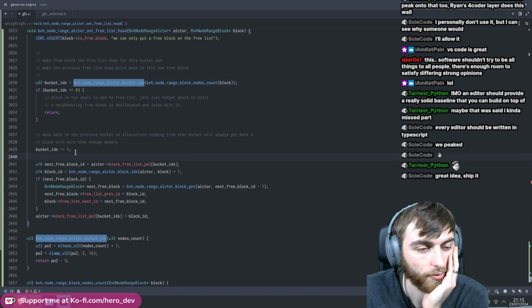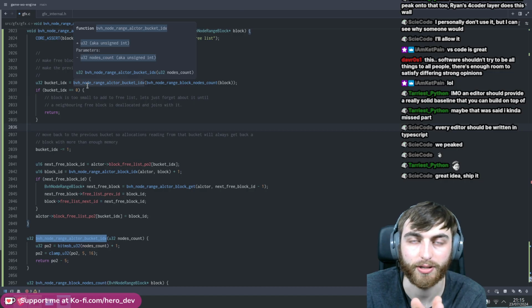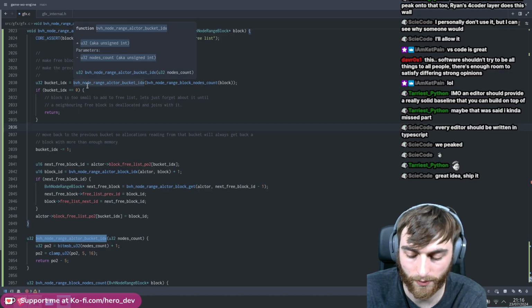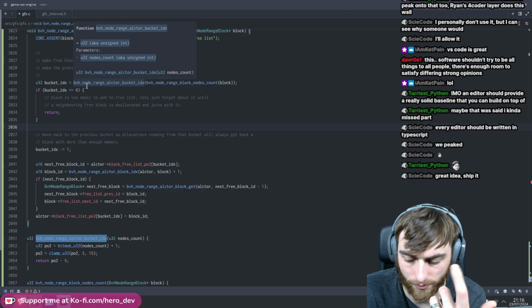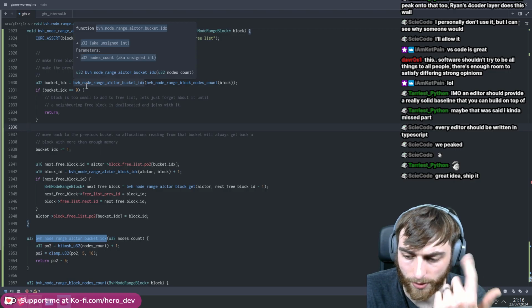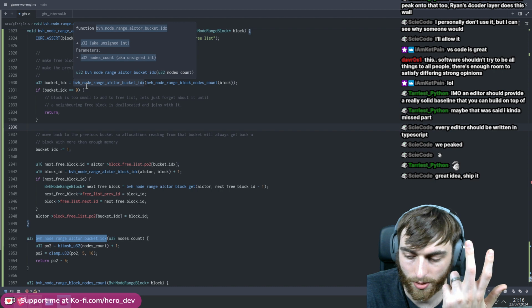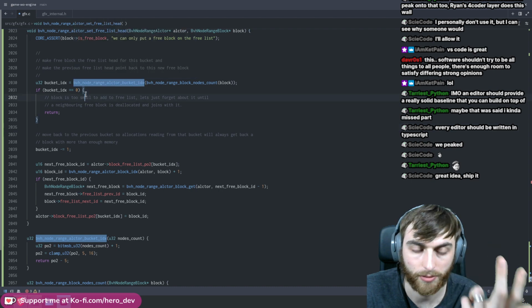So I think this -1 is the problem. So if you have one which is like 65 nodes, so you've got a bucket for 32 and over, a bucket for 64 and over. Oh, when I say and over, I mean in between the two, right? A bucket from 32 to 64, a bucket from 64 to 128. So when you get a bucket with 64,